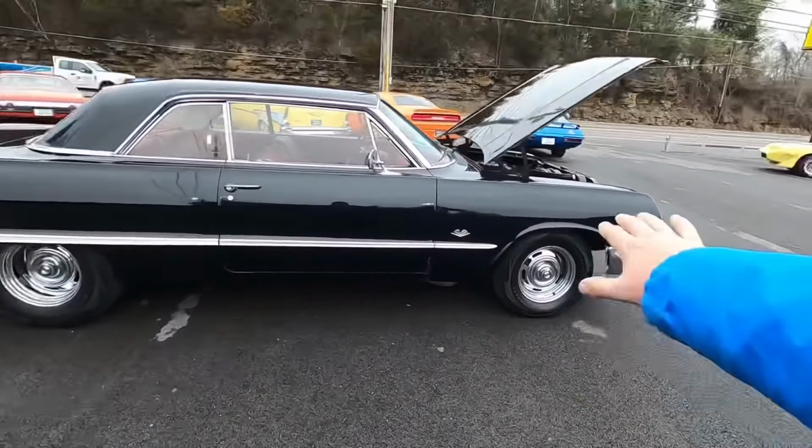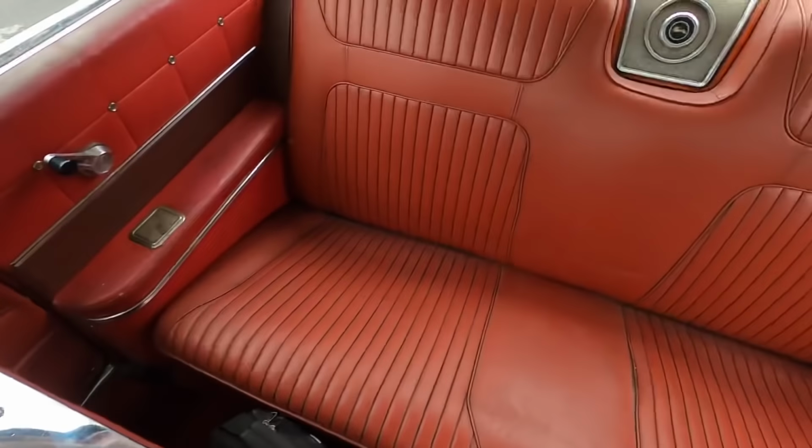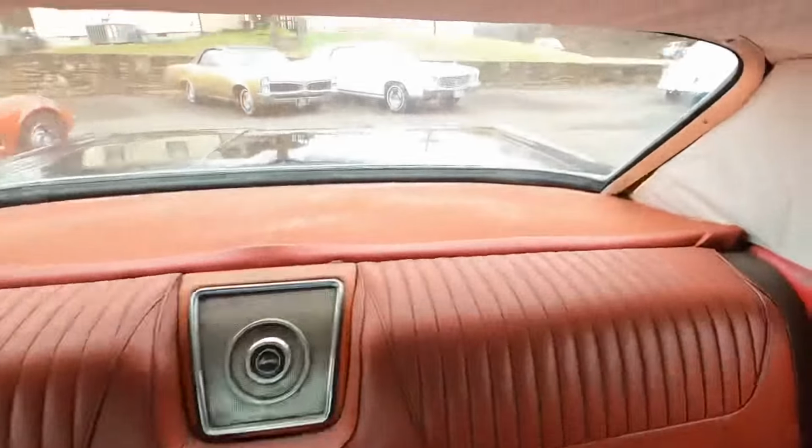All right, look around the interior. Seat's got some spots on the side here. Got some spots down there, got a little rip in the back. Your package tray's sunburnt and your headliner's hanging down a little bit. Of course, this is a project car here, so